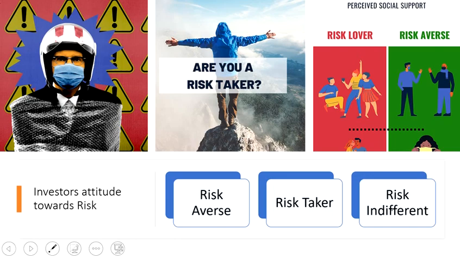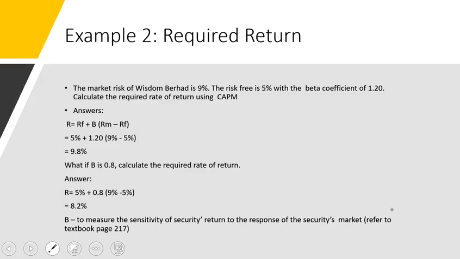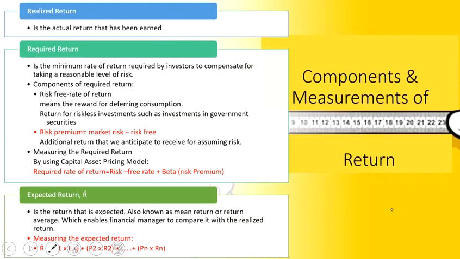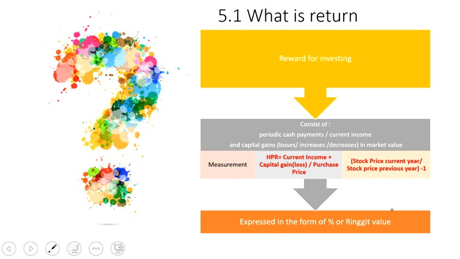Risk averse ni pun ada juga, pernah juga ditanya. Meaning of risk, yes. Expected return, required return jarang, tapi pernah juga ditanya untuk kira, tapi jarang. HPR pun ada sekali kot. So itulah chapter 5,